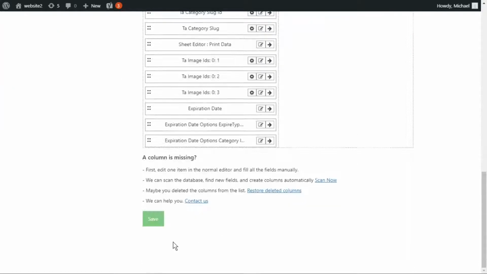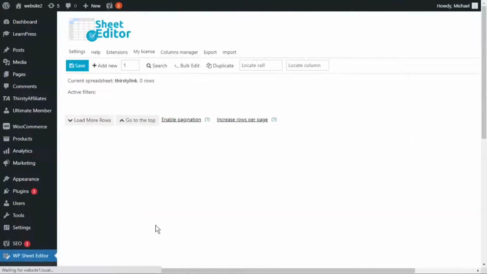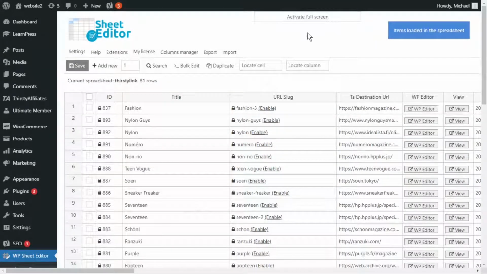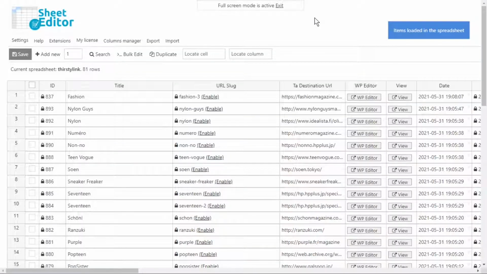links from other plugins. The WP Sheet Editor plugin allows you to view and manage posts, pages, and any other custom post type added by WordPress plugins. And you manage them using a spreadsheet that allows you to do advanced searches and bulk edits with a few clicks. You can also export content to a CSV file and import changes to existing content as well as new